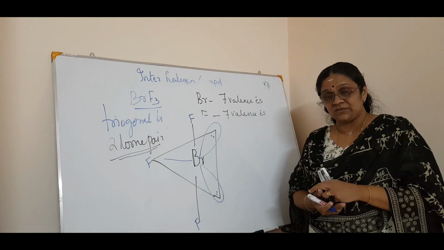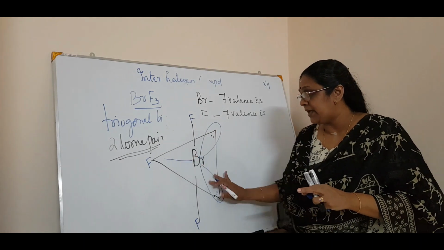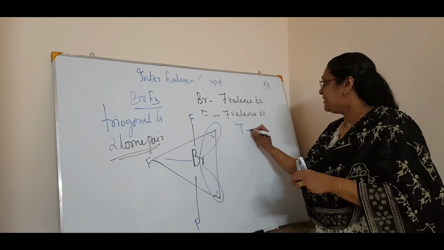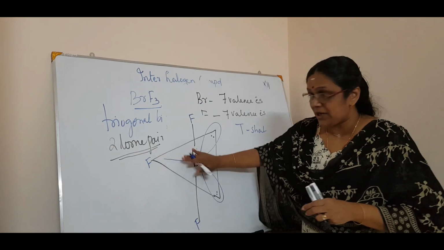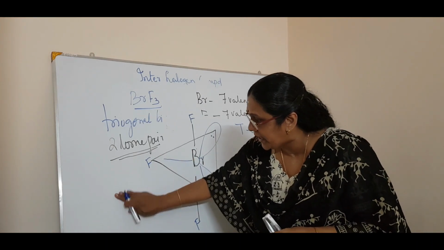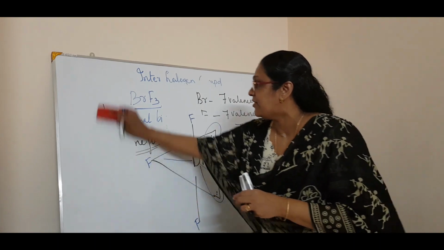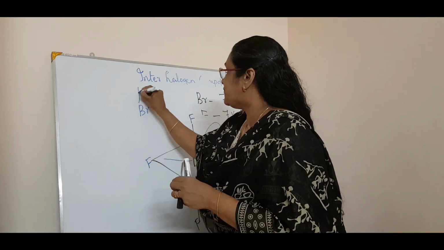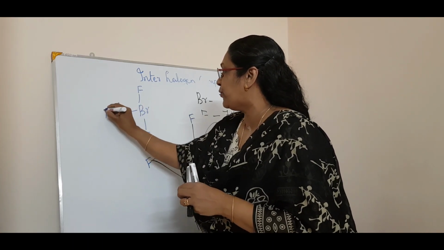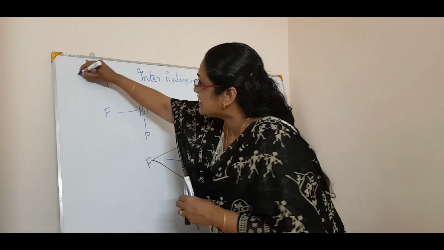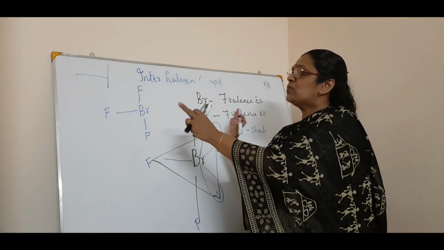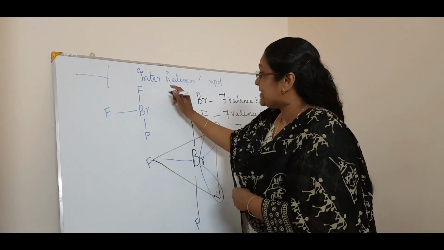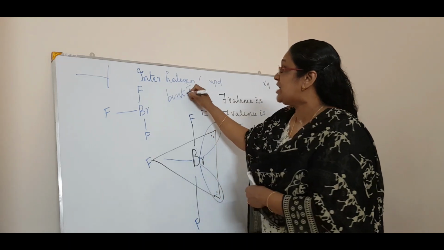In chemical bonding you have studied the equatorial bond and the axial bond. Now why does it have a bent T-shaped structure? This is a T-shape. If I draw like this, this is bromine, this is fluorine, this is fluorine, and this is fluorine. This is a T-shaped structure. Here it is an upside-down T, but if you put it like this, it's a T-shape, right? Now it is said that it has a bent T-shaped structure.